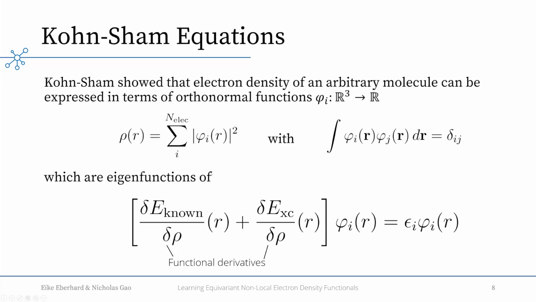I see. Okay, so they're eigenfunctions of this operator, that's the sum of these two functional derivatives. And I'm just trying to understand, why is this the operator that we care about? Why would it be meaningful to construct eigenfunctions of this thing? This is a bit hidden here. This is really subtle. I did a jump here. Of course, if you were to derive it, you would have to read Kohn and Sham's original paper that actually tells you